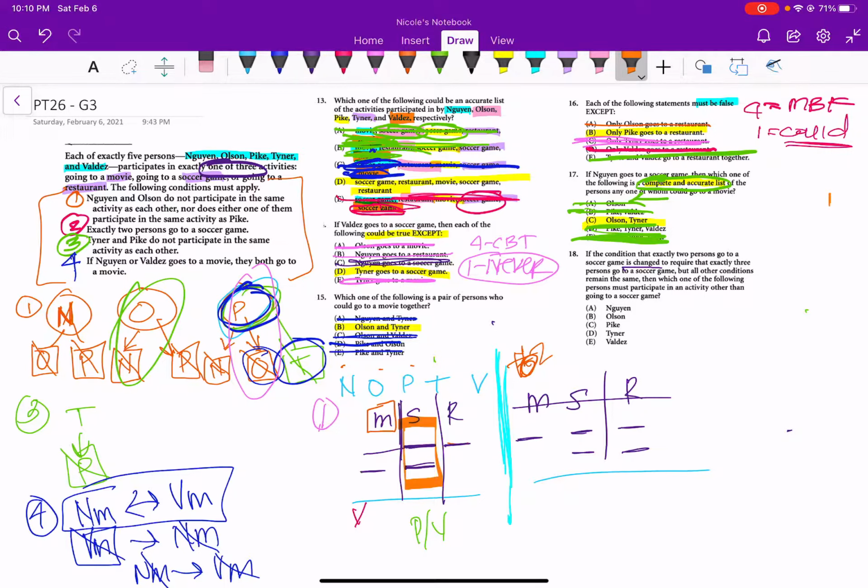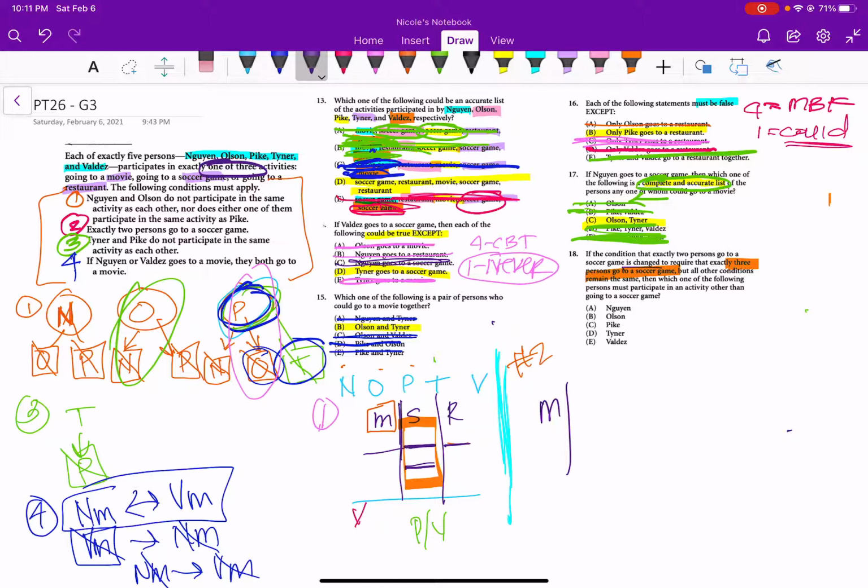This rule here is changed to require that exactly 3 people go to a soccer game, but all other conditions remain the same, then which of the following persons must participate in activity other than going to a soccer game? So what this is saying is, okay, if we switch this rule to, so I'm just going to delete this for now, that instead of 2 going to a soccer game, now there needs to be